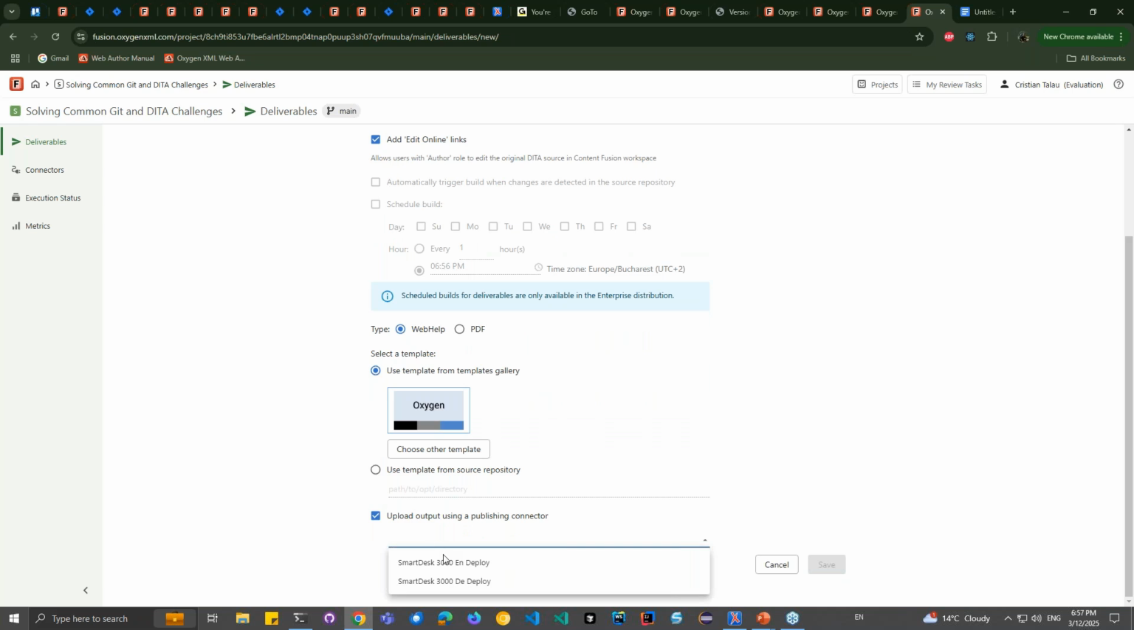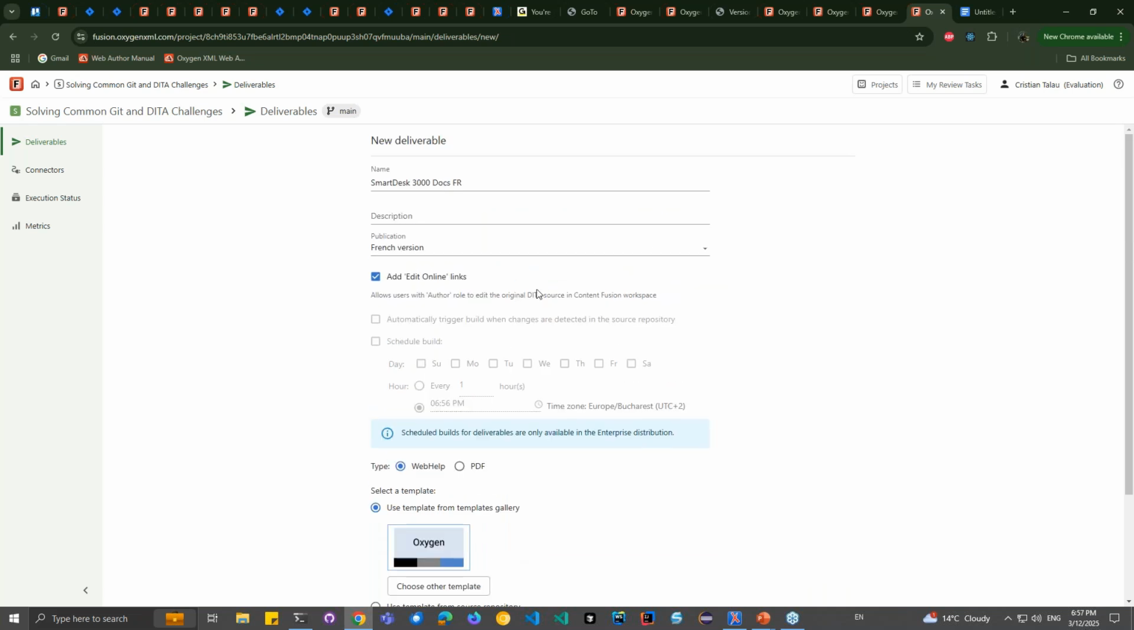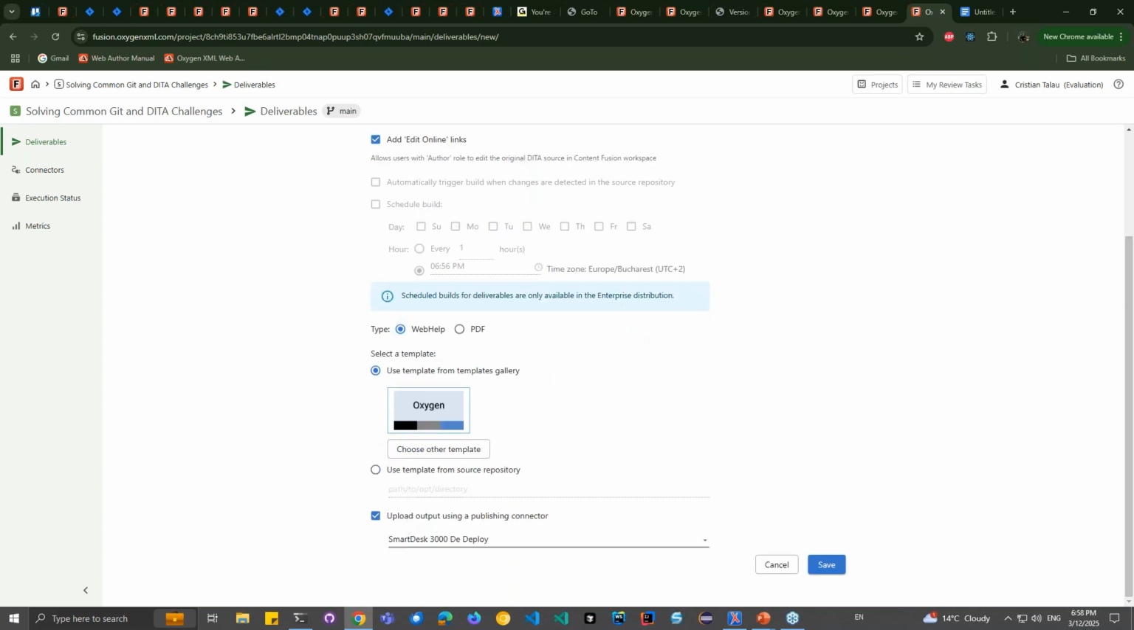And let's say I want to publish it using this connector. So what I did right now is I took a publication, which is basically a pair made from a DITA map and a DITA val. In our case, I don't have profiling in this simple project. I set some publishing options here. Then I chose the output type, which is web help. And then I choose here where to upload. Here I chose to upload